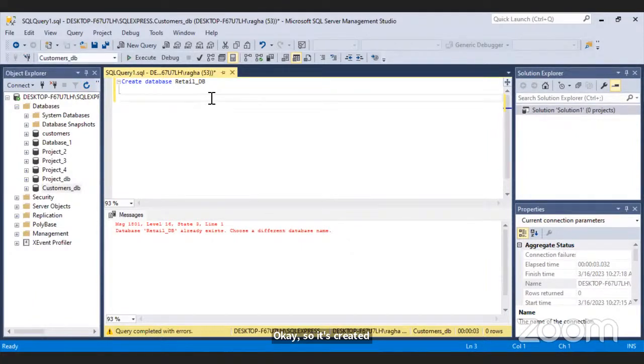Okay, now in this database, I'll be creating a few tables. So the first one that I would be creating is the customers table. So what exactly would we need in the customers table? First and foremost, we would need the customer ID, which is the unique ID for that customer.